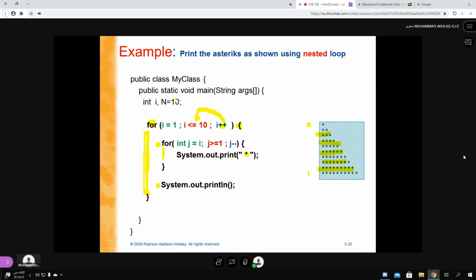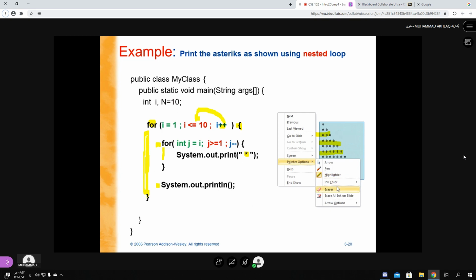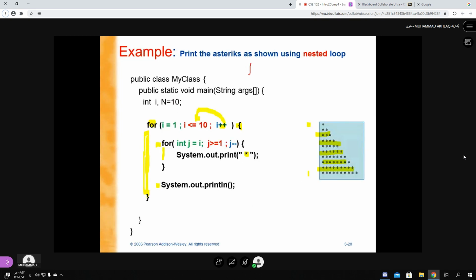So now, for example, if there is a loop, you say for i is equal to 1, i is less than 10, and I say i plus plus. And inside this I have another for, j is equal to 1, j is less than 5, 1 to 5.